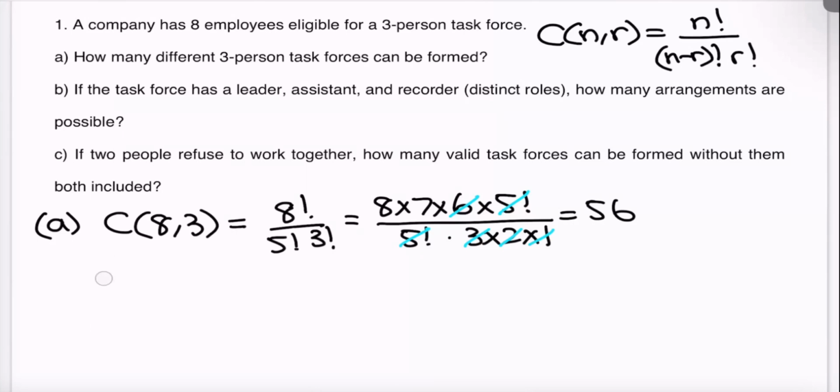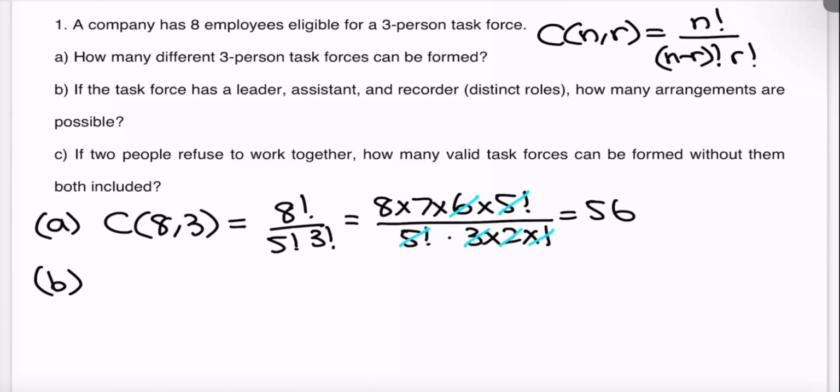Okay, what about part B? If the task force has a leader, assistant, and recorder, how many arrangements are possible? Okay, cool. So now there's 3 distinct roles. And so now it actually does matter what order people are picked in. Let's say it's the same 3 people, but in different roles. That would still be considered a different